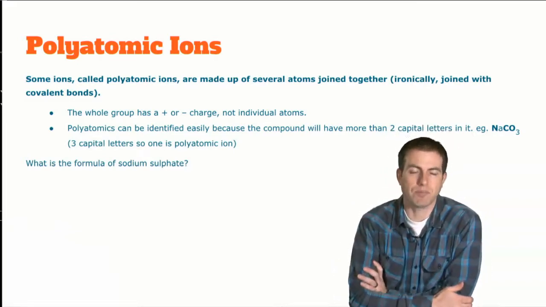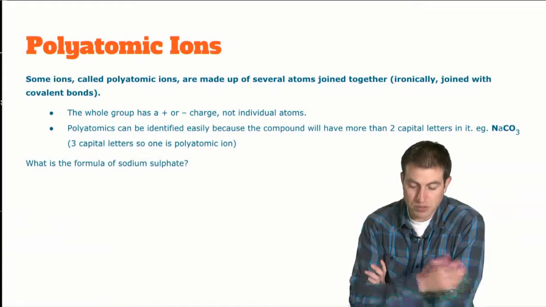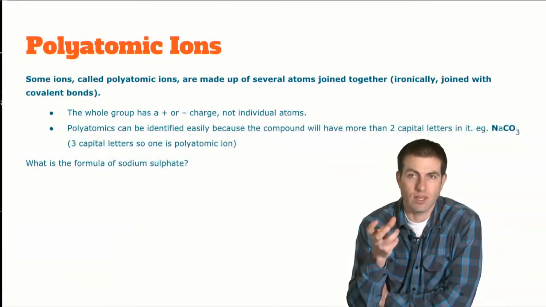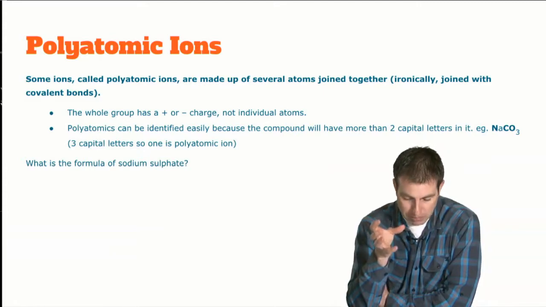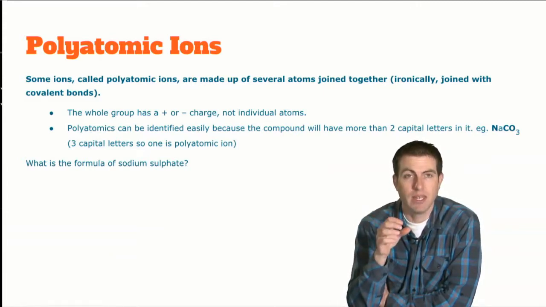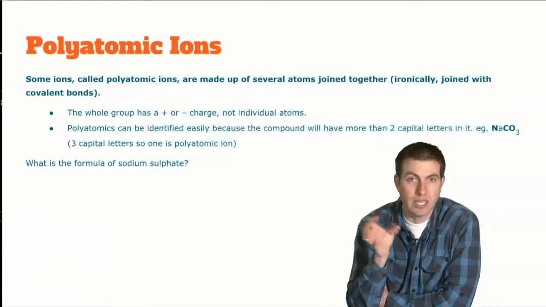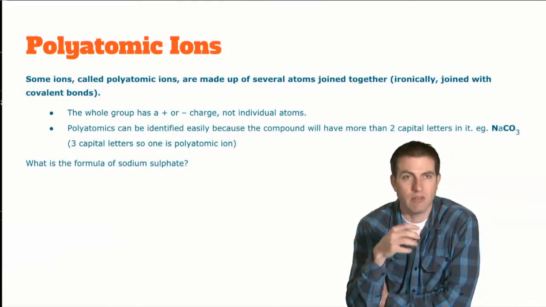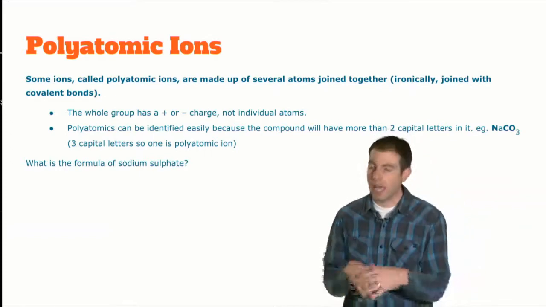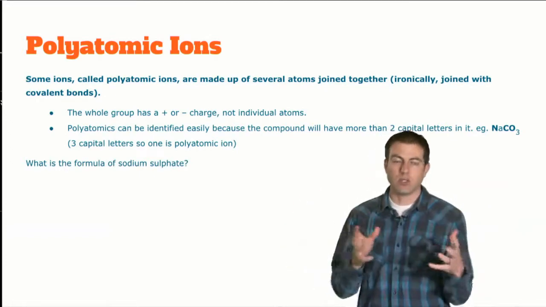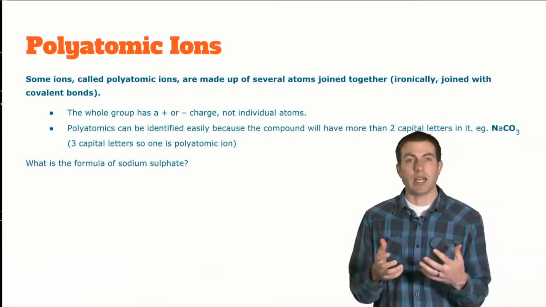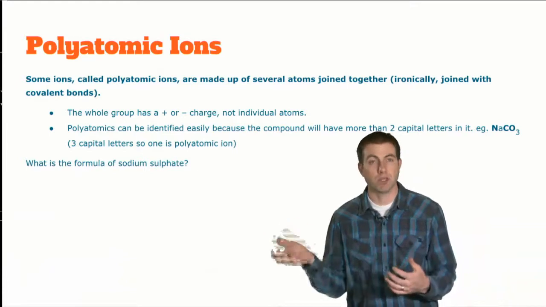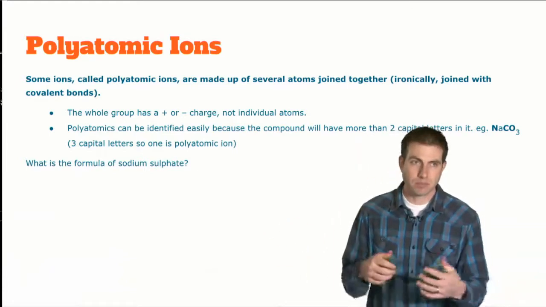All right, so these are groups of atoms that kind of bond covalently. We don't even really know what that means yet, but they join covalently, and they're really happy to live together, and they just have an overall charge. So instead of having something just like sodium, Na, that's always sodium, it's just Na. It's happy that way. We're going to have a group of atoms together. So sodium always has a charge of +1. If we have something like